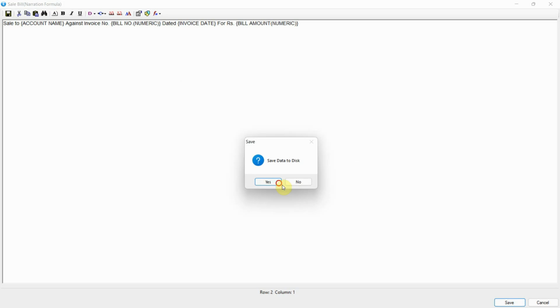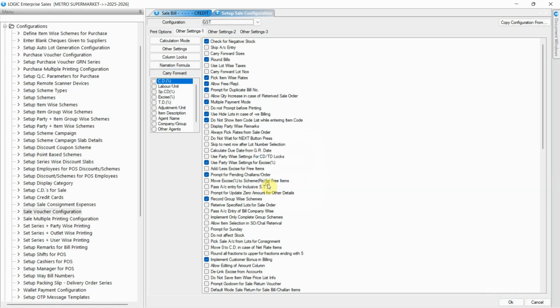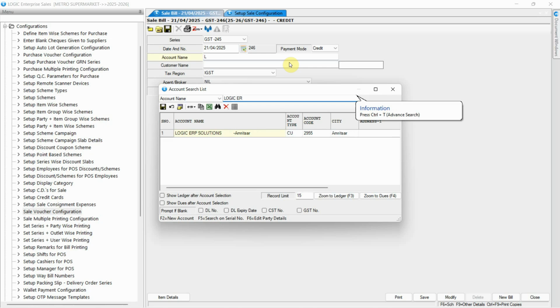Now, the system will automatically generate the bill narration based on the formula whenever a sales bill is created.